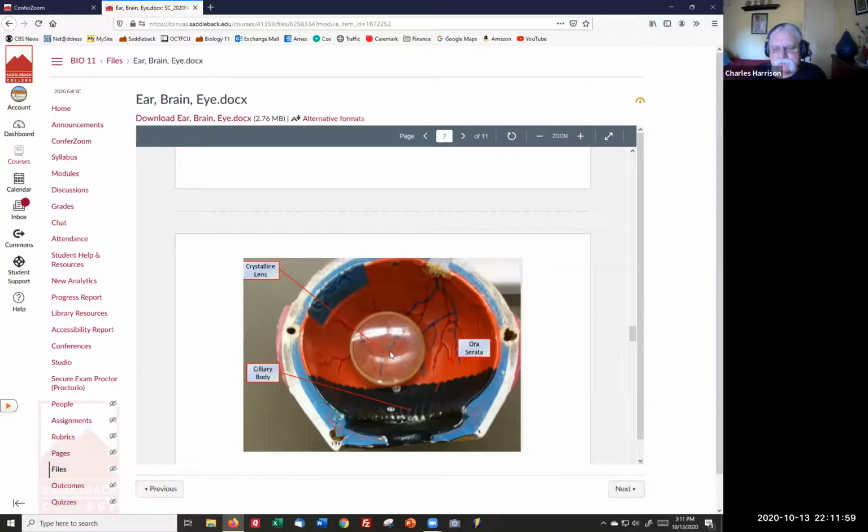The crystalline lens, of course, is knocked out of place. We have here in the posterior cavity, this is the posterior cavity. Anything in front of the lens is the anterior. We've got a sort of a serrated area, and then we've got an area below that. On this model, in this picture, they're not very distinguishable. I have models that I can get pictures of for you where it's better to see. The ora serrata,